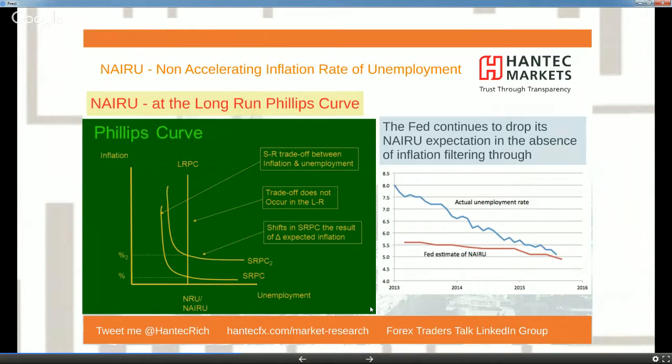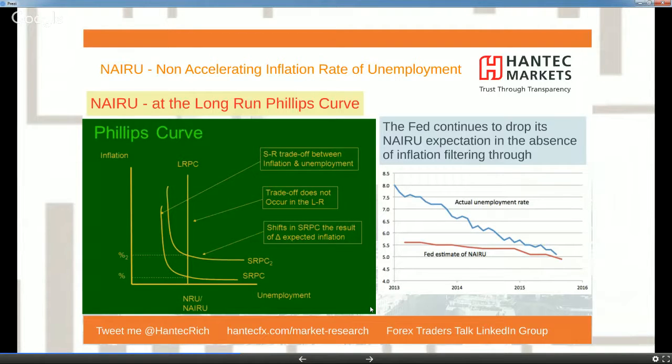Now, as I said, central banks are ideally looking to achieve the level of unemployment where inflation is stable, and that tends to be a laid-out aim of central banks. But obviously unemployment can change and therefore has an impact on inflation, so the two are quite often very closely linked. And through economics, we get the Phillips curve and also NAIRU, which is the non-accelerating inflation rate of unemployment.